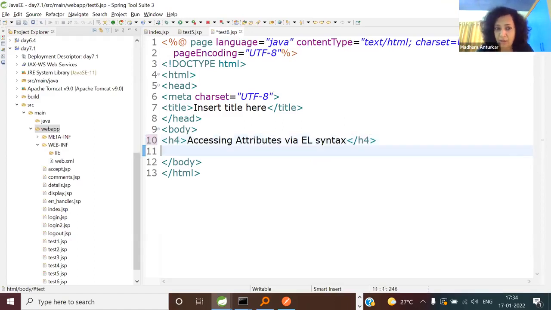Okay. And now I'm giving you a minute. Give me a 4-liner code which will display the page scope attribute, request scope, session scope, and the application scope. Work it out. You understood? I want to display those values and send them to the client. All you are writing is 4 EL syntaxes, on different lines. I'll start it for you. So I want something like this: page scoped attribute, and whatever EL syntax you will type.